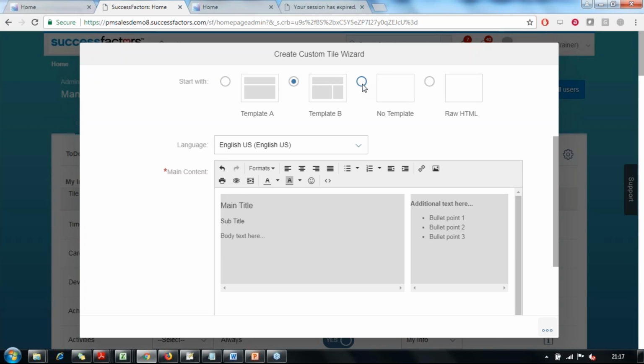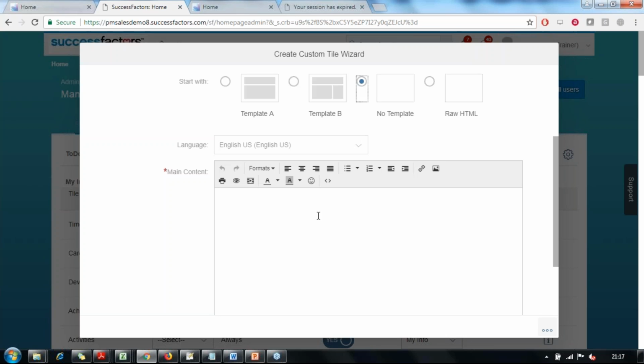Where this is the template, 2 templates, where 90% of the time we go with the third template, which is no template. The complete area is open for us. We can decide what to have and where to have it. So for example, I enter it as